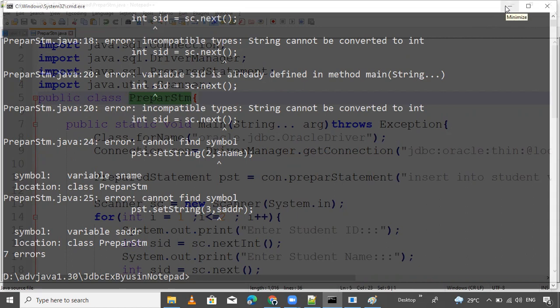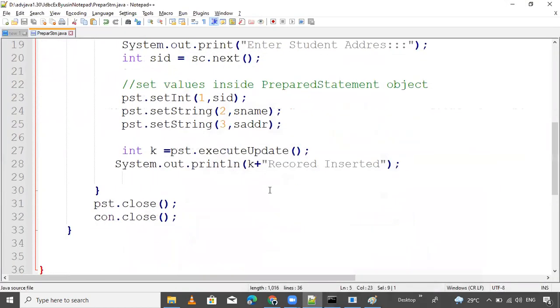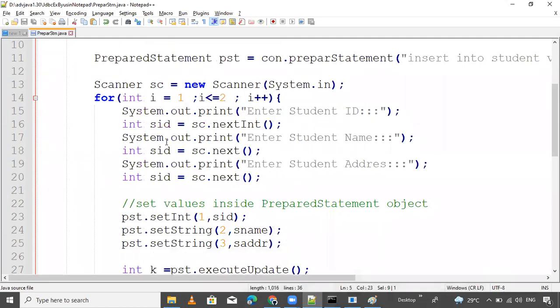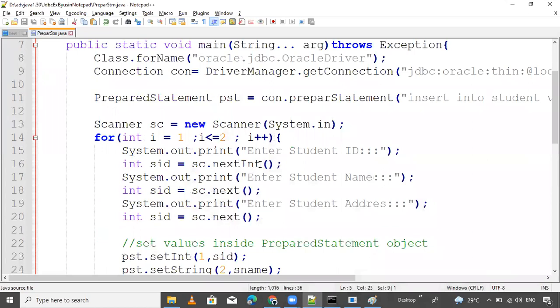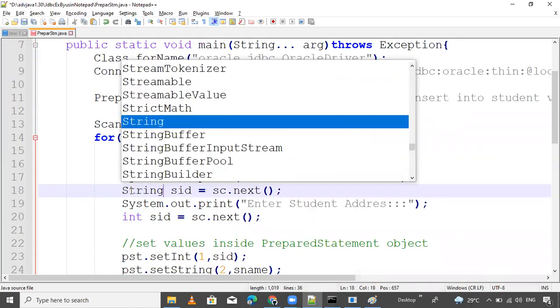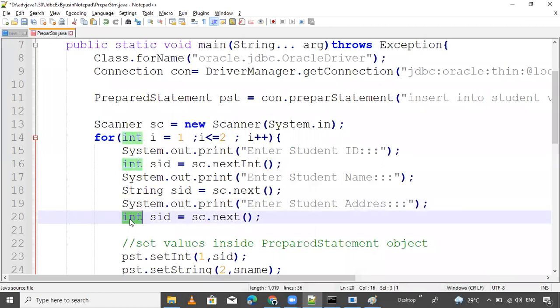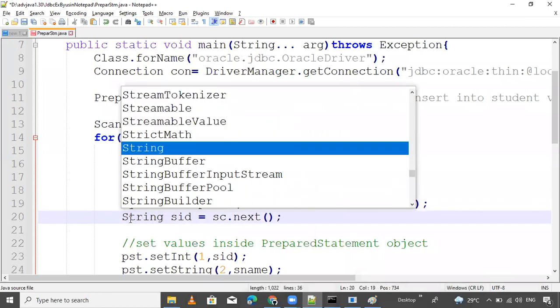Why? sc.next, and the next thing, SID. I made a lot of mistakes with copy and pasting. String.